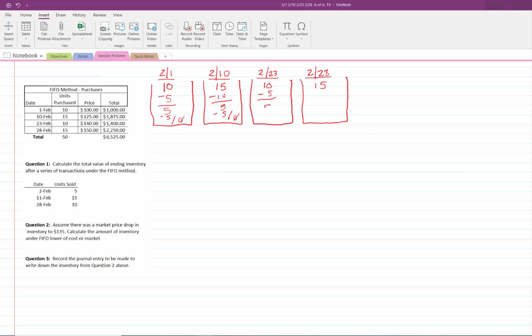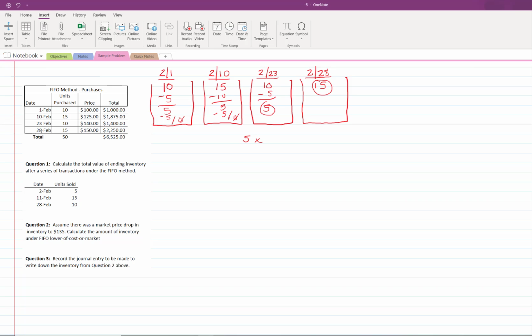next oldest bucket. So now when we go to calculate our ending inventory, we can see that we have 5 units in our February 23rd bucket, and we still have our 15 units in our February 28th bucket. So when we calculate this out, we need to look to see what we paid for these items. So 5 units